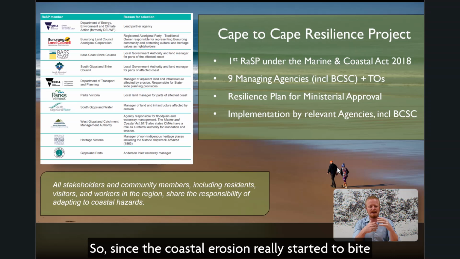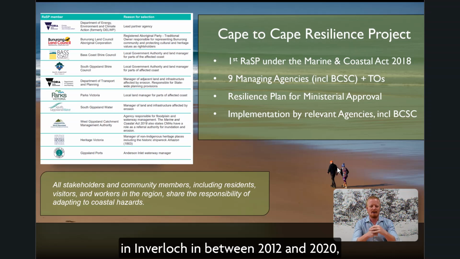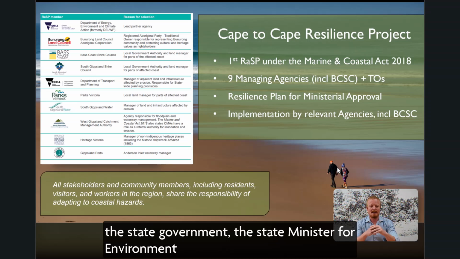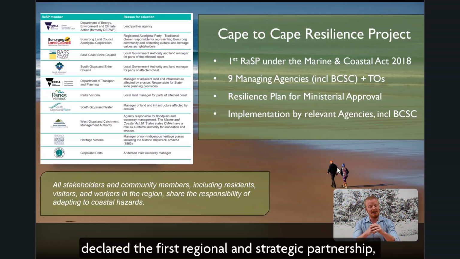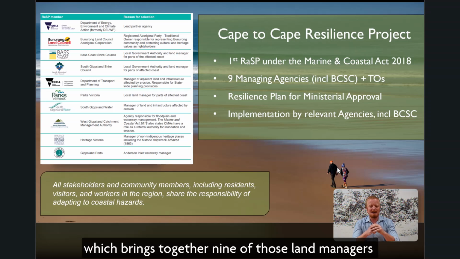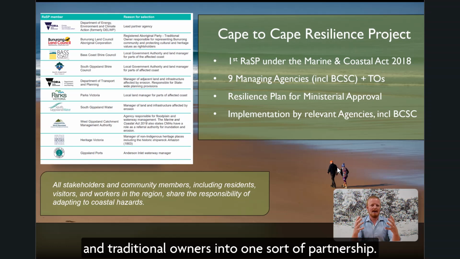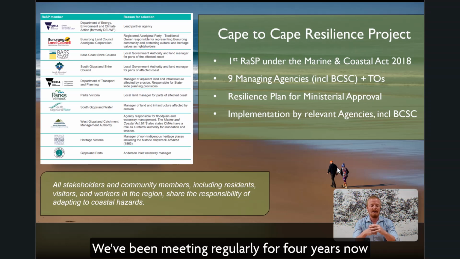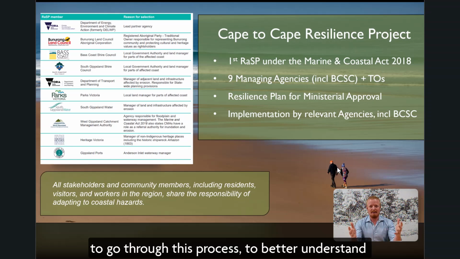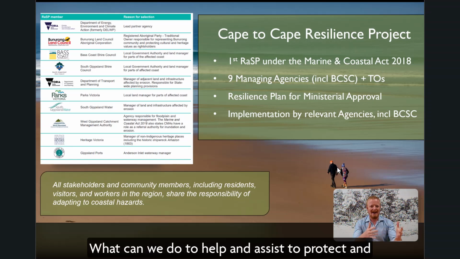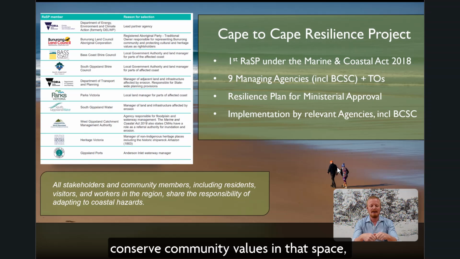Since the coastal erosion really started to bite in Inverloch between 2012 and 2020, as that really came to a head, the State Minister for Environment declared the first regional and strategic partnership, which brings together 9 of those land managers that I talked about earlier, including Bass Coast Shire Council and traditional owners, into one partnership. We've been meeting regularly for 4 years now to go through this process to better understand what's going on in Inverloch, what can we do to help and assist to protect and conserve community values in that space, whilst